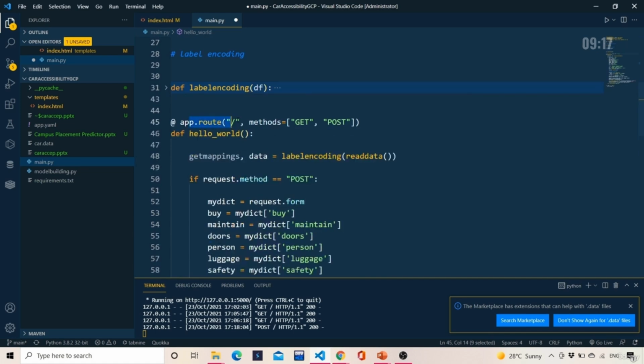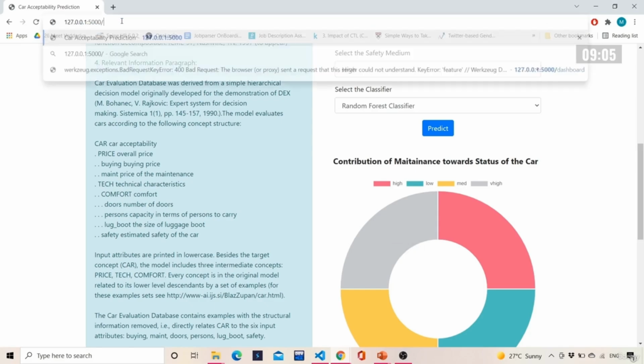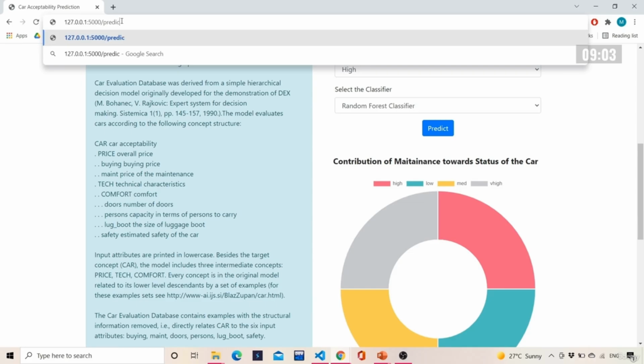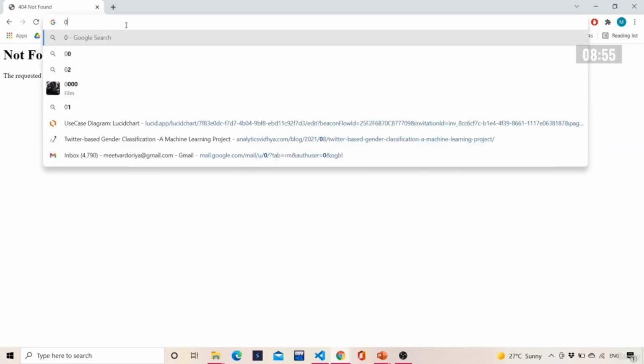This app.route with methods equals GET and POST is nothing but a route. Now what is a route? Let me show you over here. You can see this URL, right? If I press predict over here, there's nothing like predict, so it will say not found. The requested URL was not found on the server. So your Flask